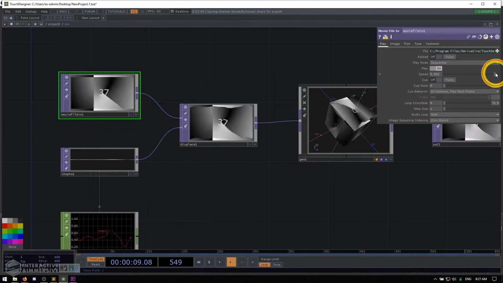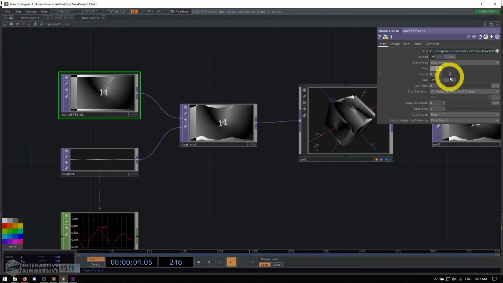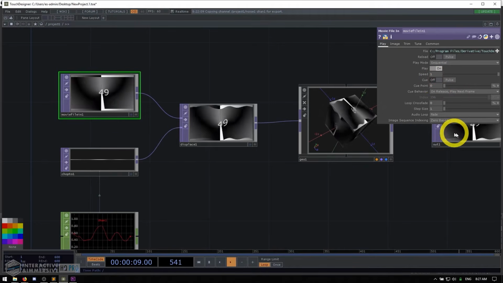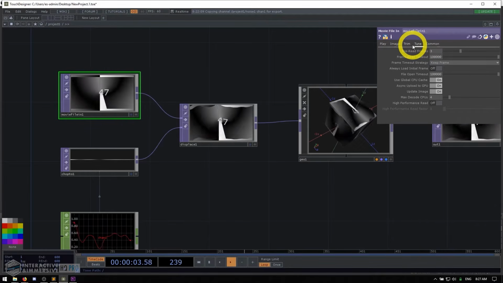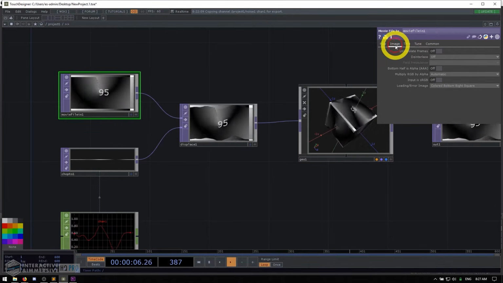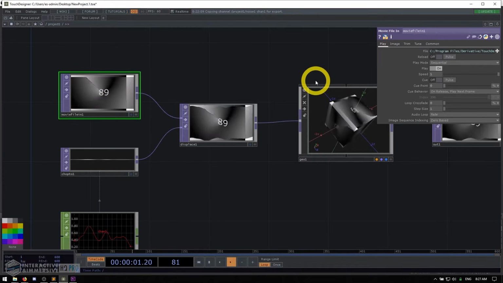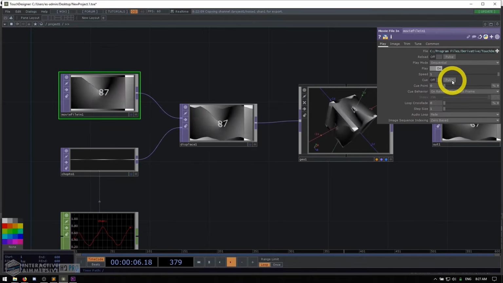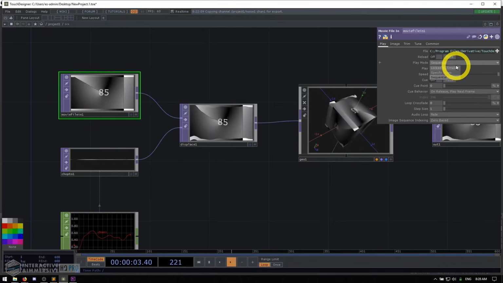I have a speed slider here so I can slow it down, or I can speed it back up. We have these cue buttons here to cue it back to the beginning. There's different pages of parameters here. Some of them you probably won't use, but we'll go into more of these parameters later as we start looking at some of the more useful operators that you're going to need to know as a beginner. But it's important to note that there are different kinds of parameters. Playing with them will be a good exploration for you. You can see here, this play mode is actually a drop down with 3 different options.